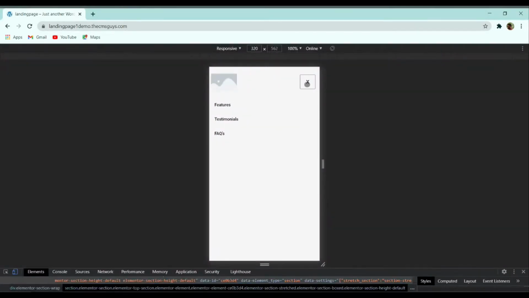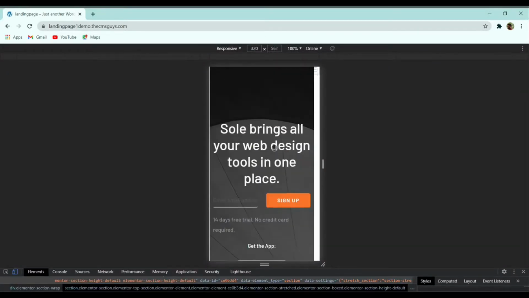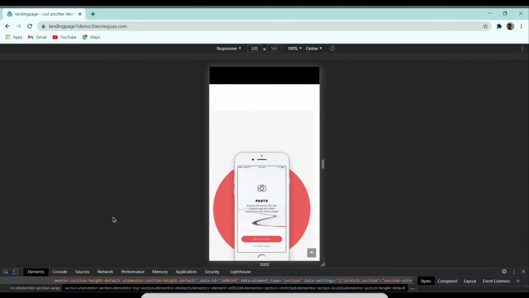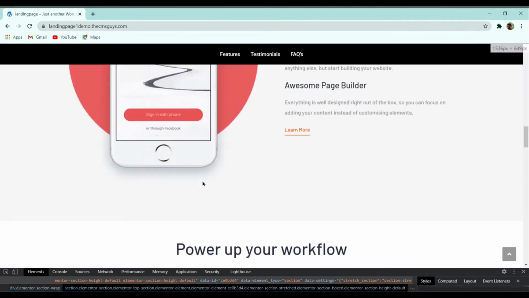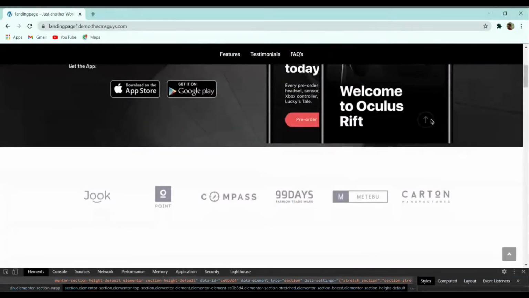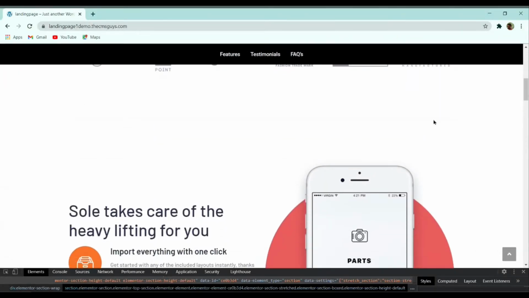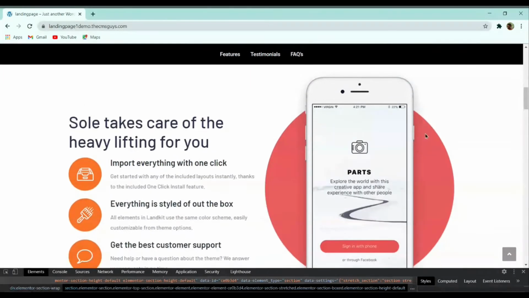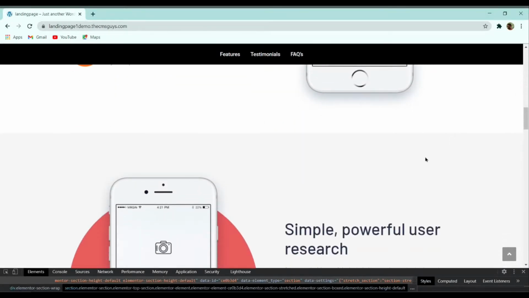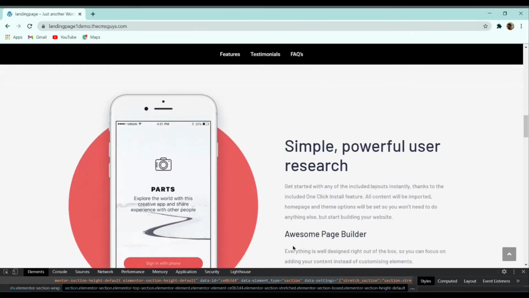So today we are going to create this landing page, and you can also check that this is completely mobile friendly. Here you can see that this website is completely mobile friendly also. Now let me tell you one more thing about it. All the images used over here, you can find the link in the description where you can download all the images which we have used over here. So let's start creating this website.